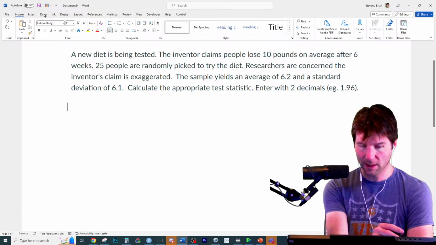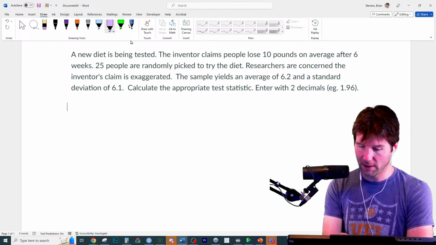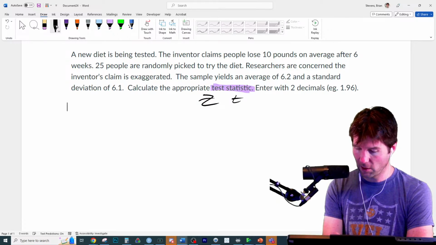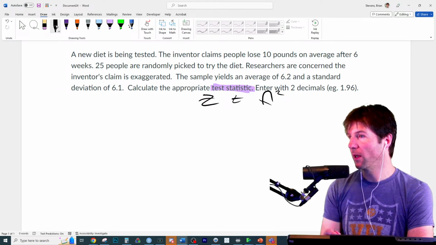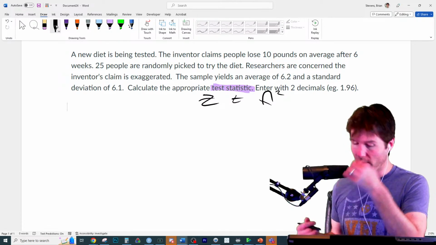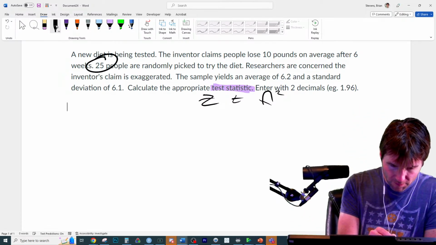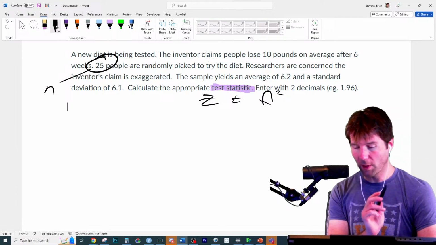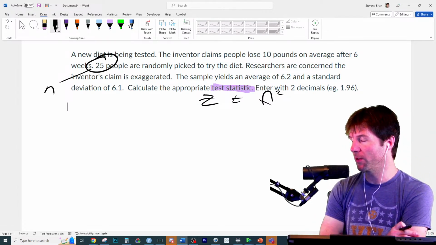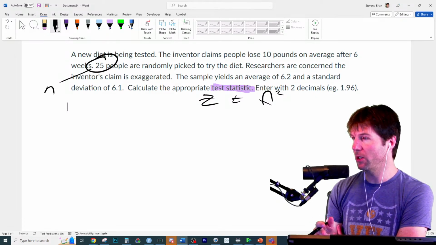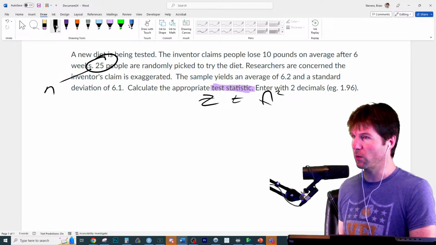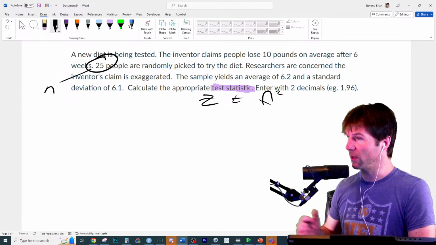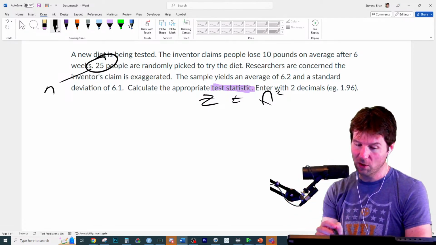When it says test statistic, a test statistic means something like a z, a t, or a chi-squared, which we haven't gotten to yet. A test statistic is a standardized difference. Now we're not doing a confidence interval here. Boom, n equals 25. If you get one more thing, you'll probably be able to figure out the rest, like what formula we're using. You can go to the formula page and look for something that solves to a z, t, or chi-squared, so I'm doing a test. That'll lead to a test statistic. There we go.